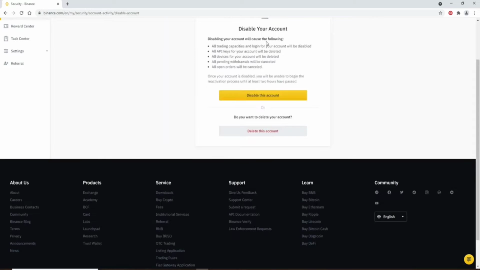It says that once your account is disabled, you won't be able to reactivate the process until at least 2 hours have passed. Disabling your account will cause the following listed on the display. Once you go through everything, click on Disable this account if you'd like to temporarily disable your account. But if you'd like to delete your account permanently, click on Delete this account at the bottom, highlighted in red,